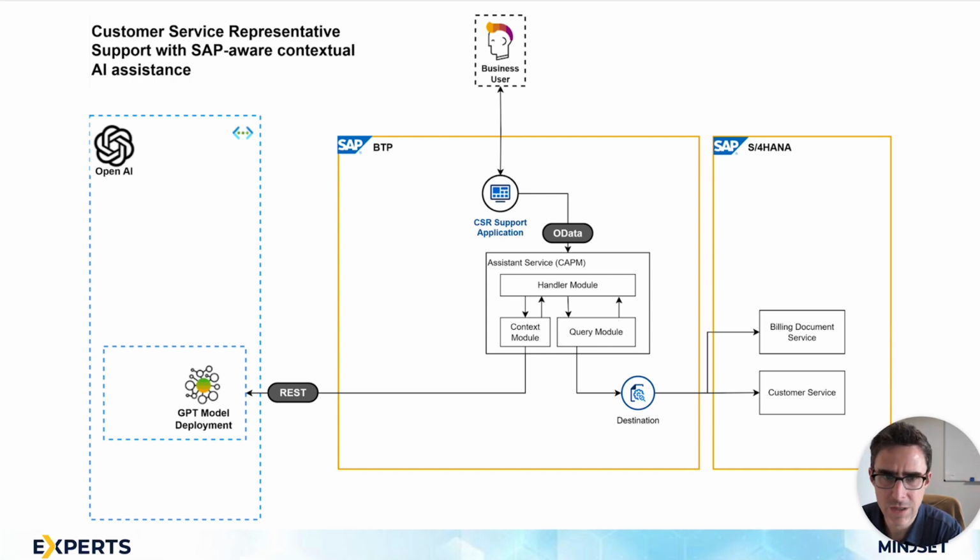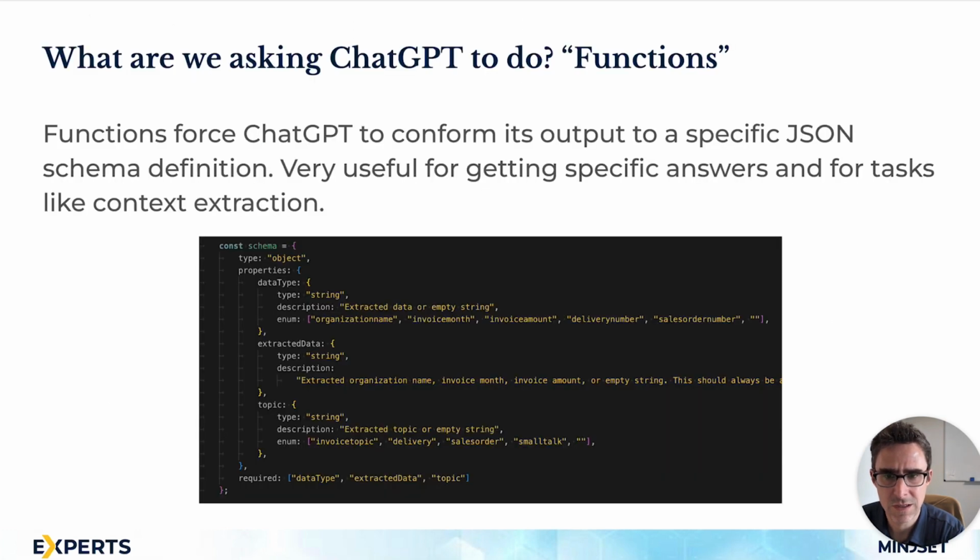Down the road, if we wanted to really deploy this in a more flexible way, we would need to provide more different topics and different types of entities that it can extract, and it's really good at adding more. That's really, really easy to do. We're using something called ChatGPT functions for this, but you can do similar things with other LLMs as well.